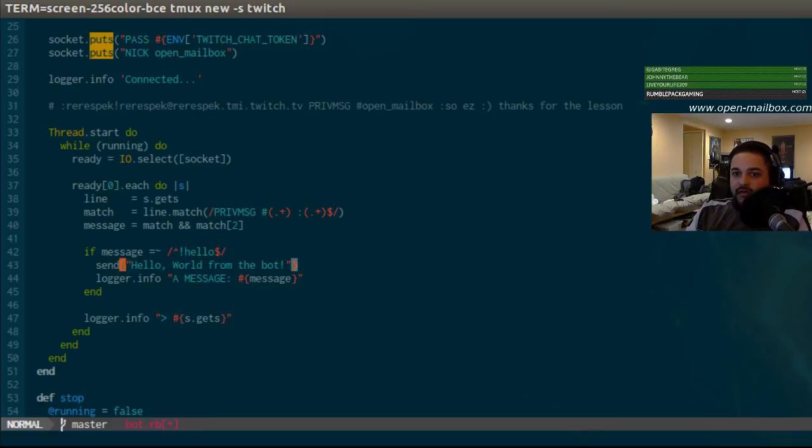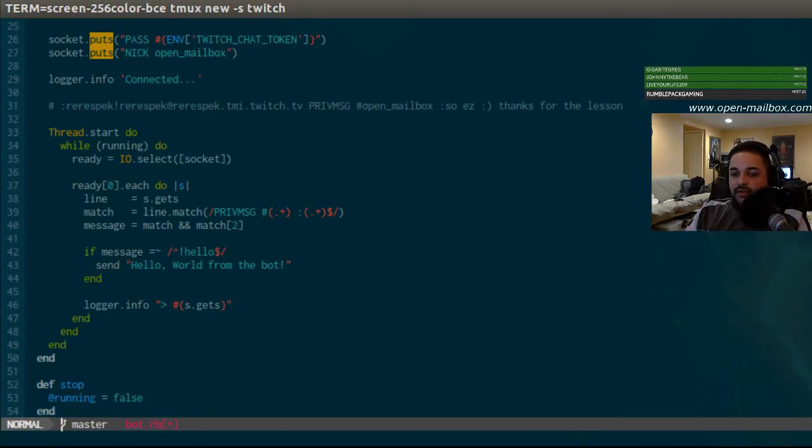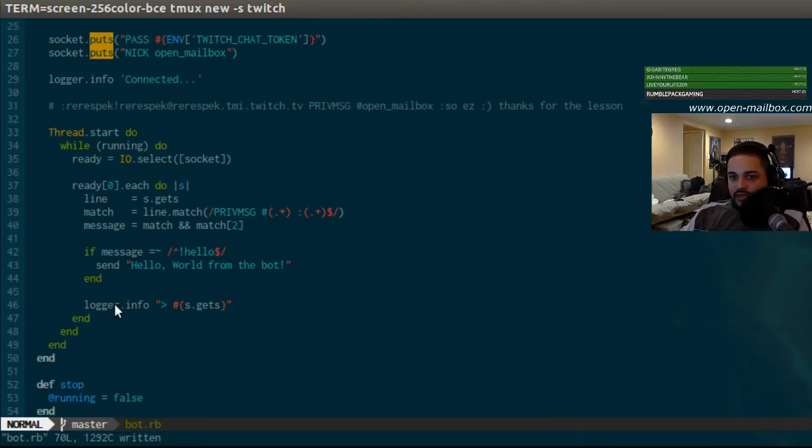We don't need parentheses for that. We still want to log it, right? Send hello world from the bot, right? So it should still drop down here and log it. Oh, whoops. We're not logging anything